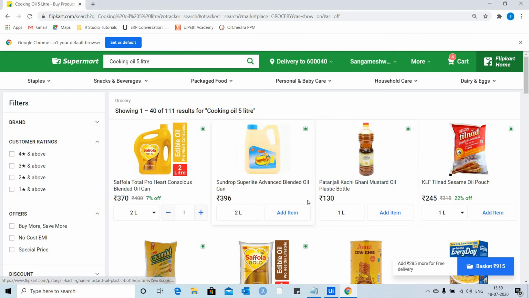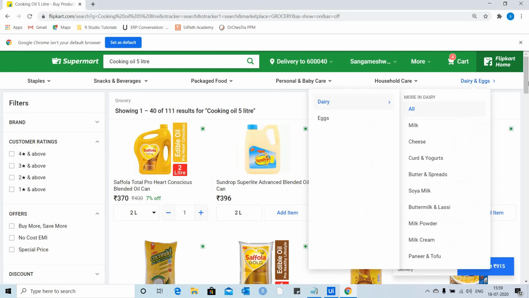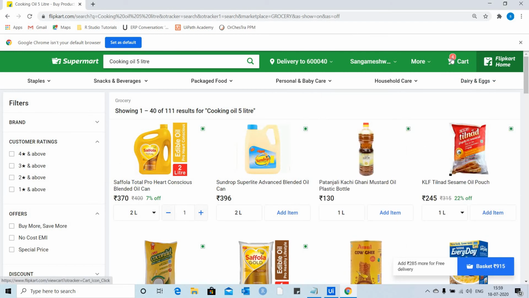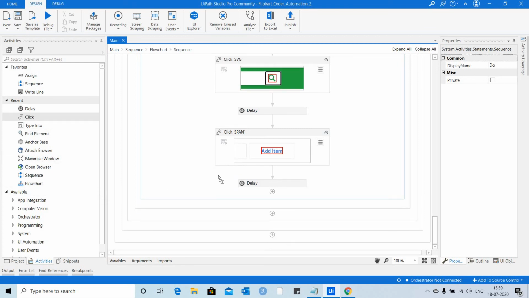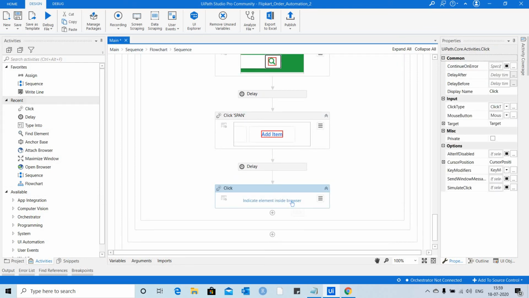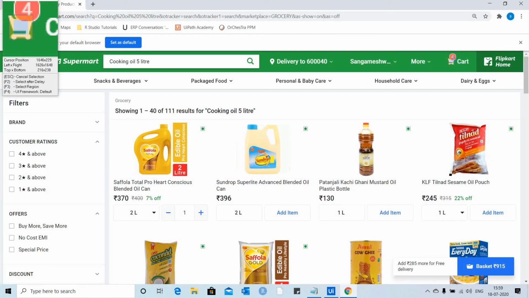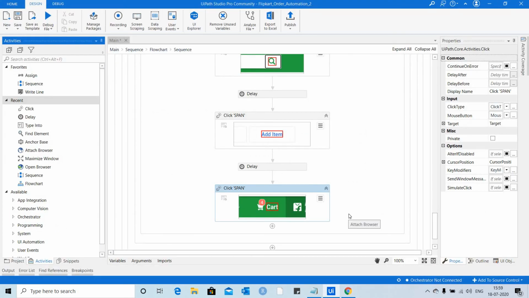So friends, next part is, once this is done, I need to click on cart. So for that, I'm going to use a click activity here. I'm going to indicate the element here, the cart.